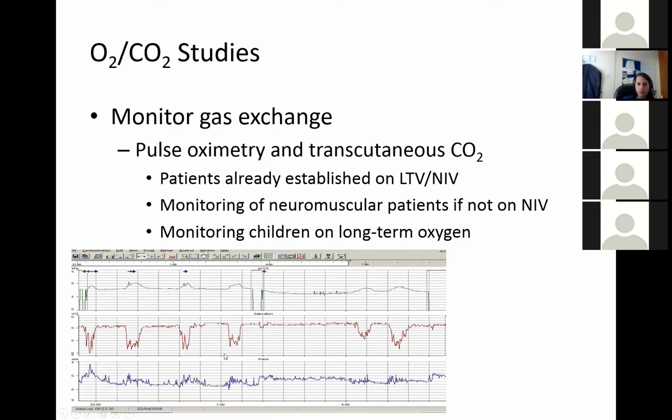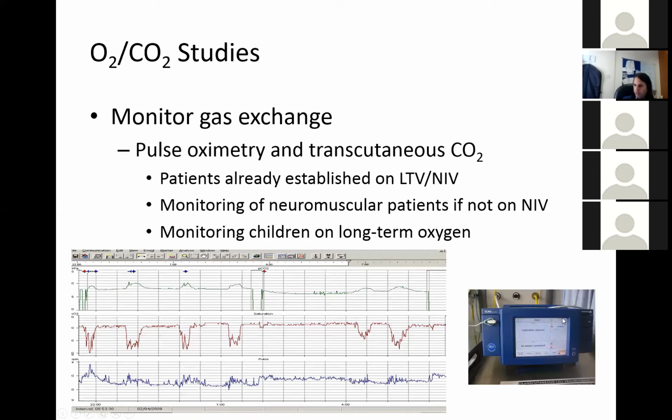As I mentioned to you before, this is where the physiology becomes much more difficult, and your breathing becomes much more difficult in REM sleep. So this is where you tend to see problems happening. This is a picture of one of our old O2CO2 monitors. We've got slightly smaller ones now, and they're more portable, so we're sending them out to do studies on patients at home. So that's an abnormal one.